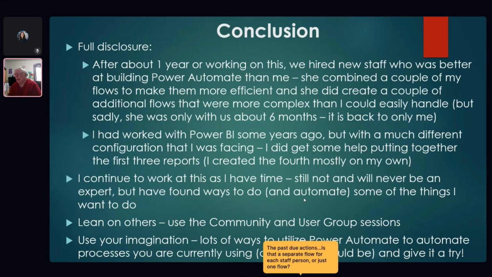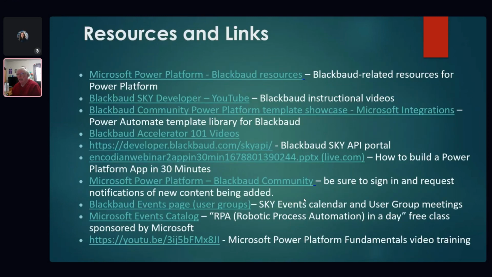You have to just think of ways to use Power Automate to automate processes. And that's something you'll have to do as well. Once you start working with it, then it's like, oh, I could do this, or oh, this is something that could be automated. And you find that the list just kind of goes on and on. And again, it's just really limited by your time.